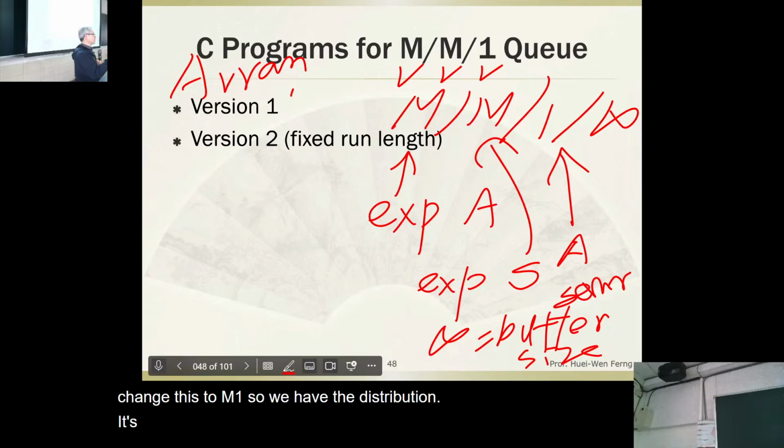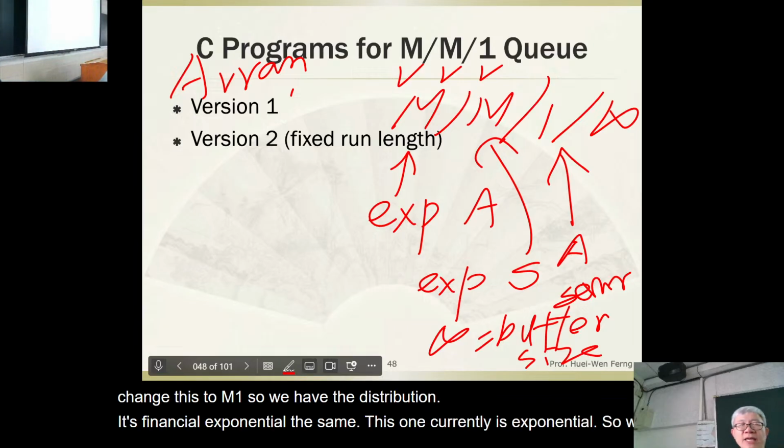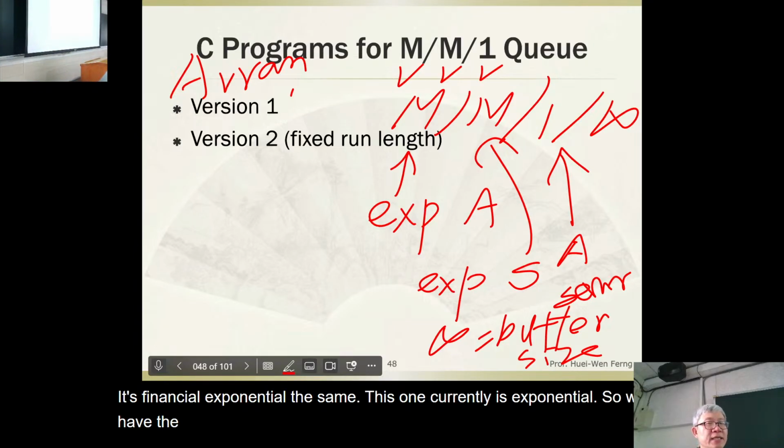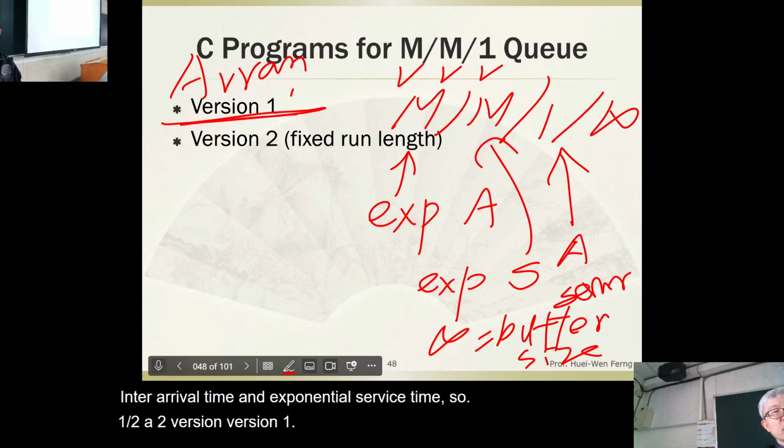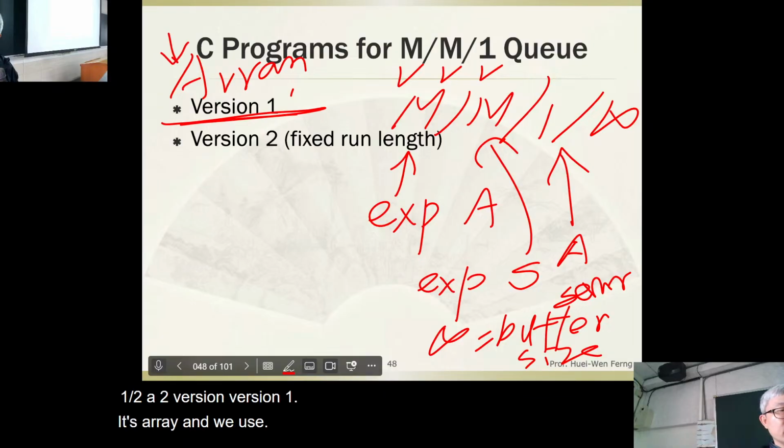Exponential, the simplest one currently is exponential. So we have the exponential inter-arrival time and the exponential service time. So we will have two versions. Version 1, it's an array, and we use the size to keep the sample size